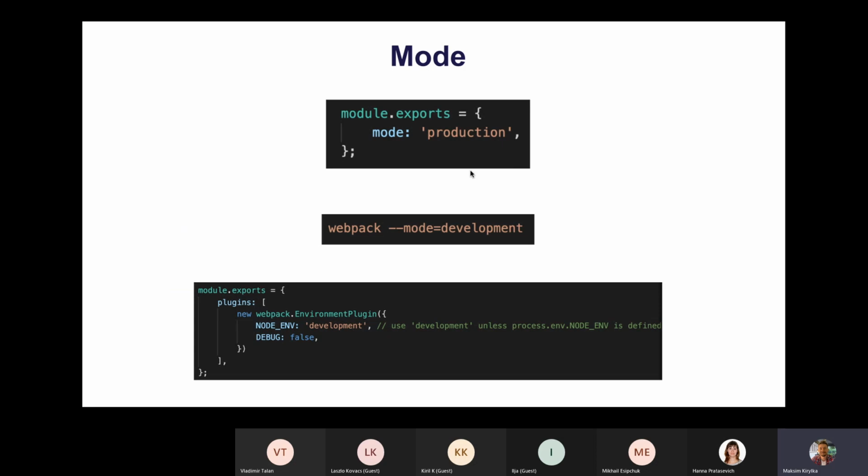The next property from configuration, it's mode. By setting the mode parameter to either development or production, you can enable Webpack's built-in optimization that corresponds to each environment. The default value is production. Also, there is a none option, a none mode, which is available to turn off any optimization. Okay, and